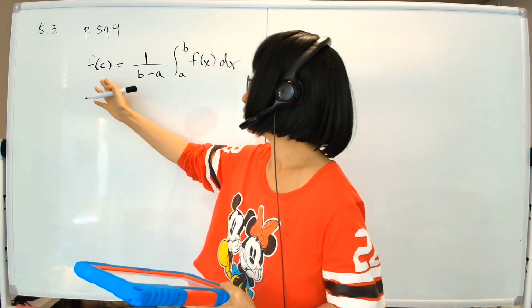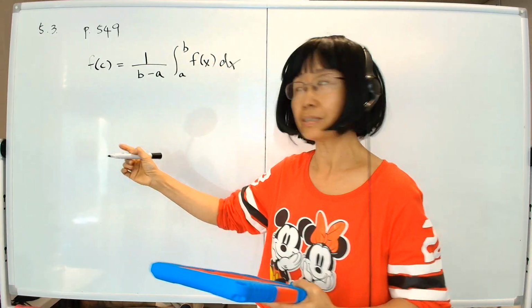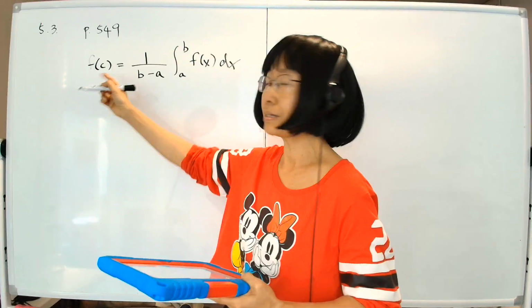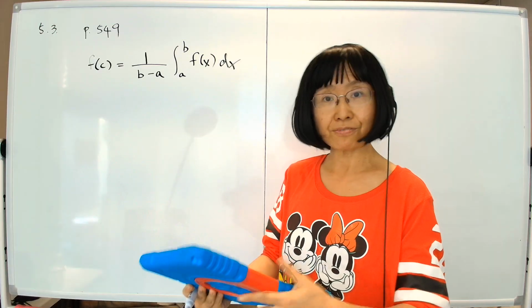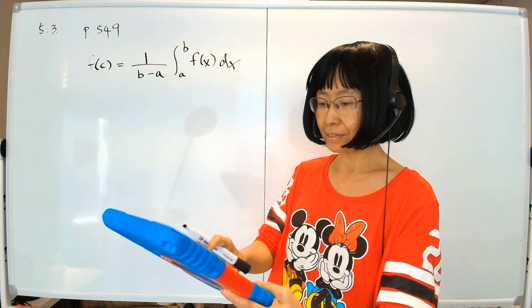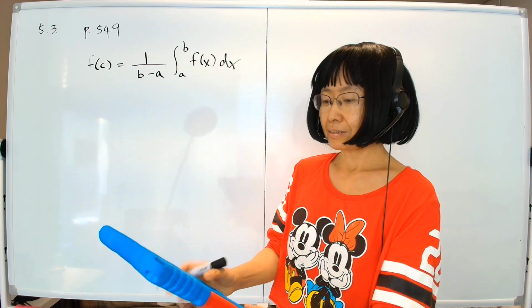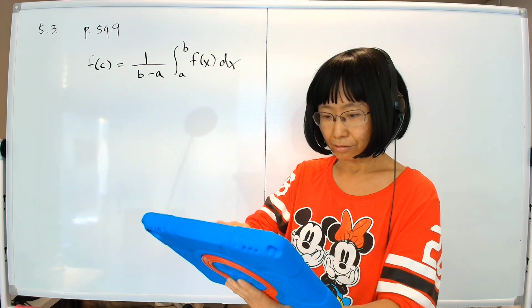So in other words, if you have a function, then there exists at least one point where the value of the function is the same as the average, which is fairly intuitive, but we're going to prove it. To prove it, look below. Since f is continuous,